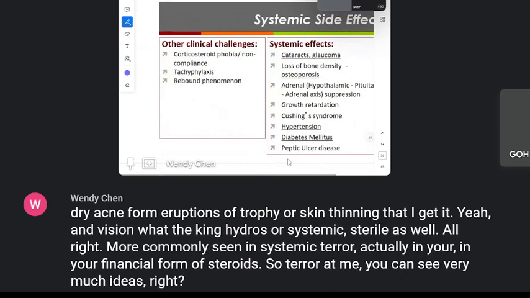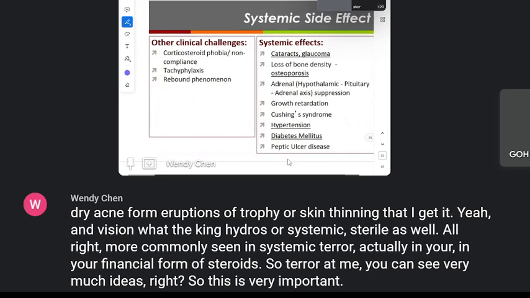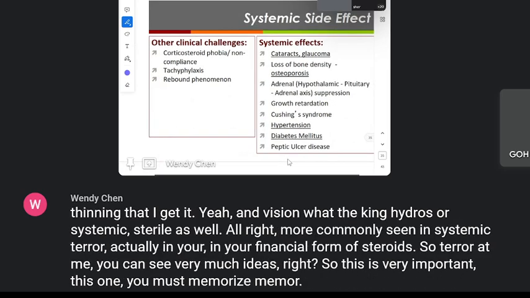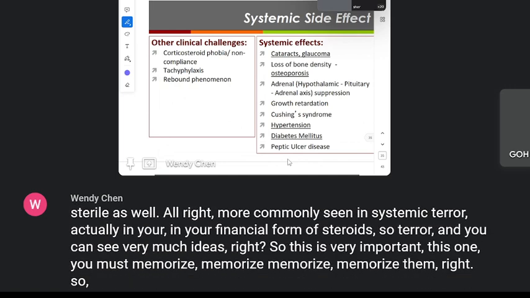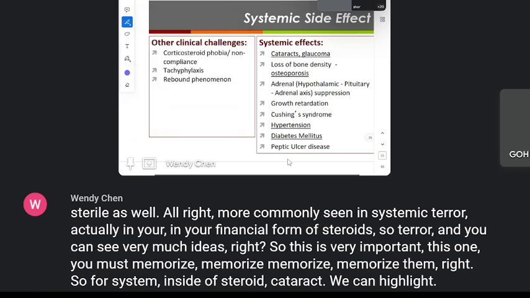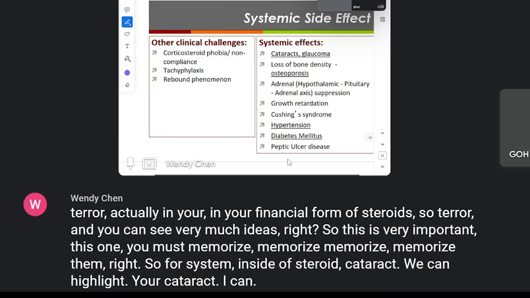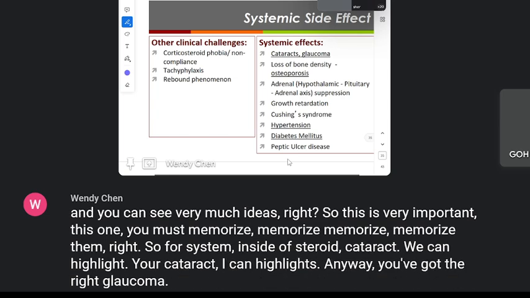All right. So this is very important. This one you must memorize. So for systemic side effects of steroid, cataract, glaucoma, or eye side effects,